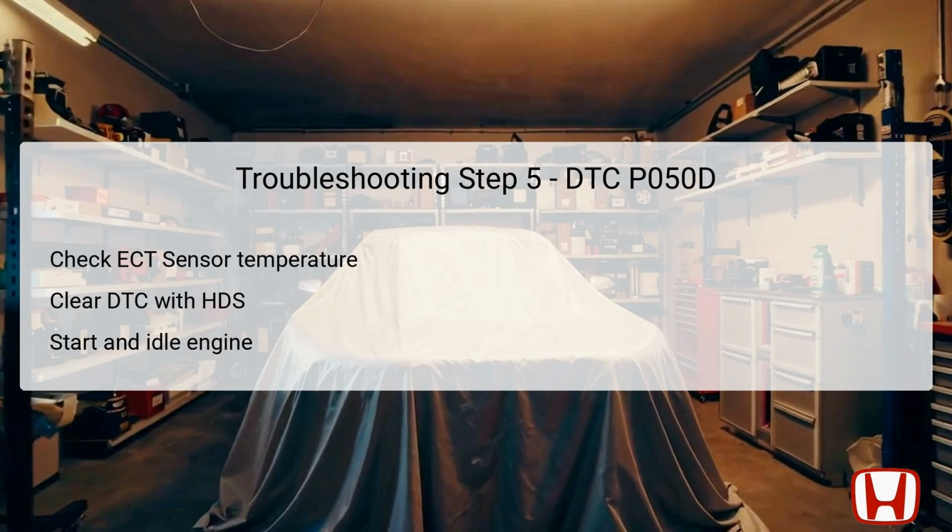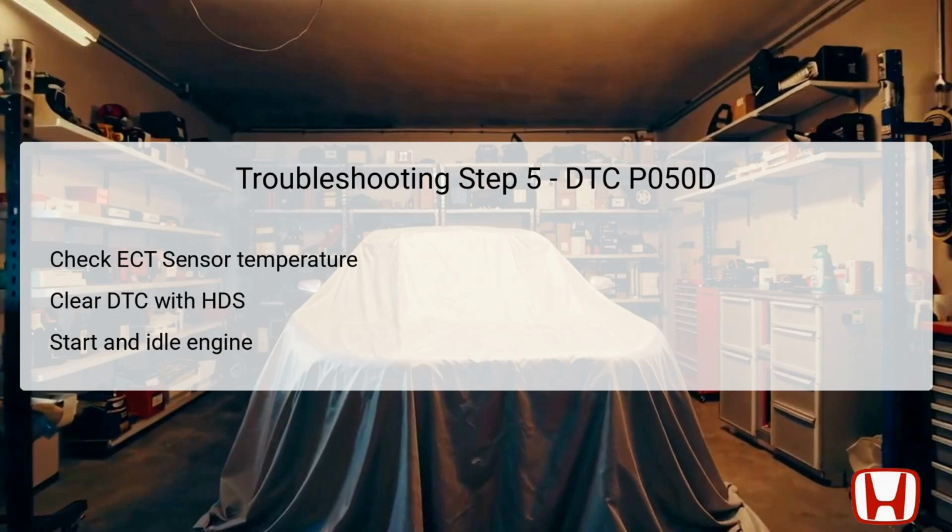Once started, let it idle for a minimum of 10 seconds. During this idle period, monitor the OBD status for DTC P050D using the HDS. If the HDS indicates a failure, this confirms that the problem has been duplicated. Conversely, if it indicates a past status and cannot replicate the issue intermittently, it suggests the system is functionally sound